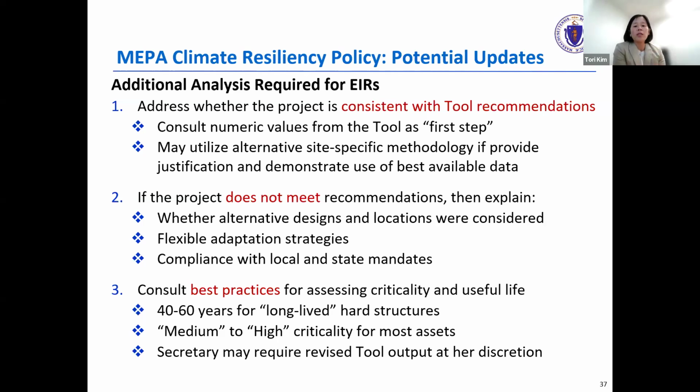And I'll get into more detail about what that means. So here, as we've just heard from the 30-minute presentation about the tool, it's a fairly powerful resource. There's specific numeric values that the tool will provide directly. And so I think what we would ask for is a consultation, a consideration of these values as a first step.